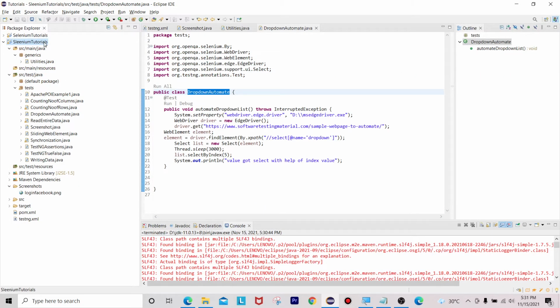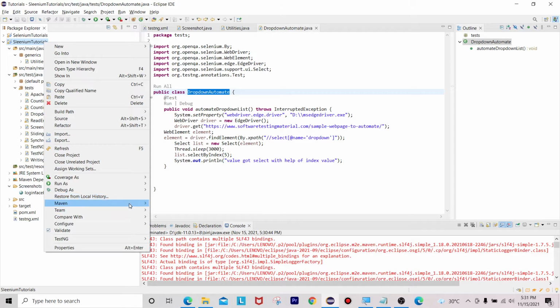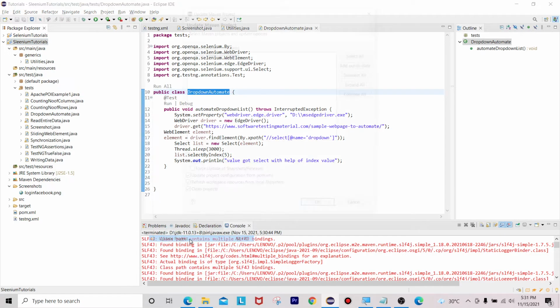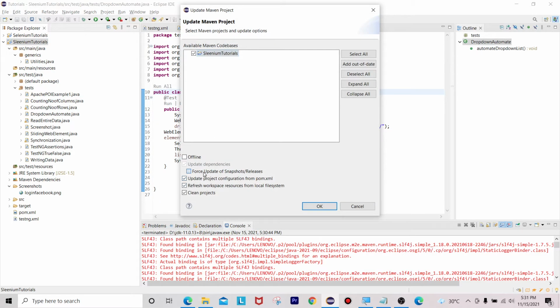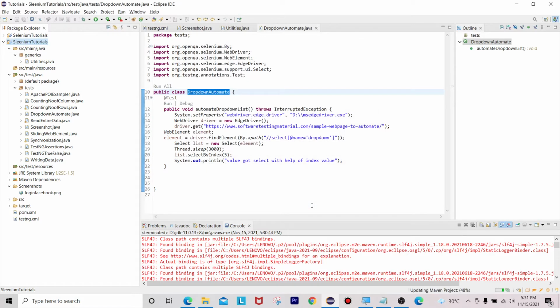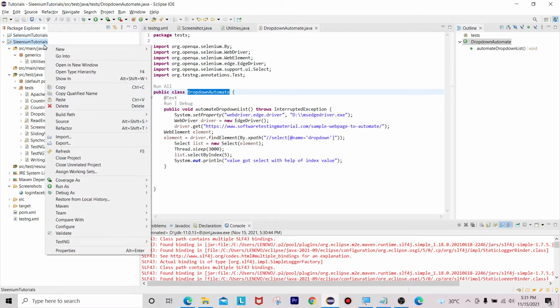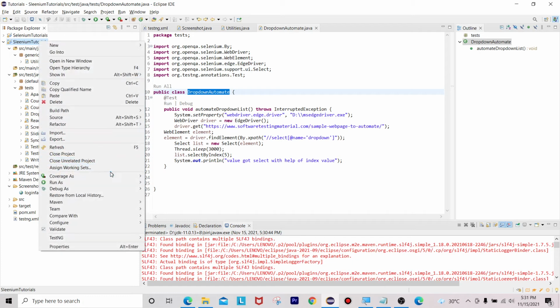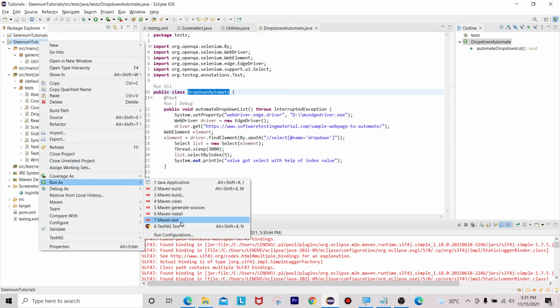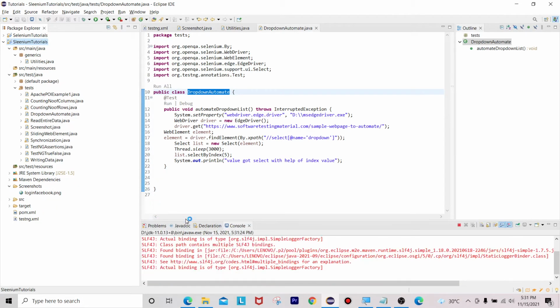Let me update it again. Maven update project, force update, click on OK. Okay, it's done. And now run as Maven test.